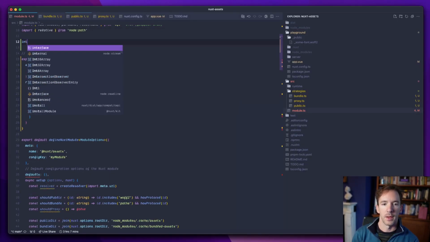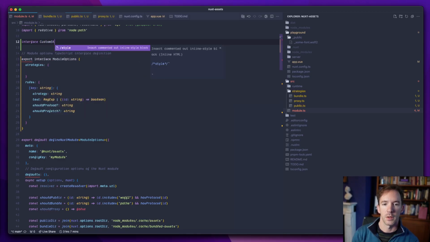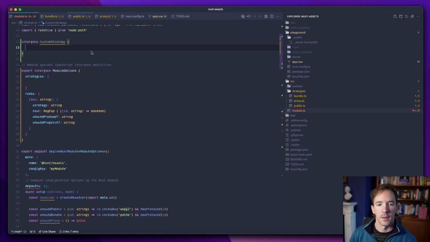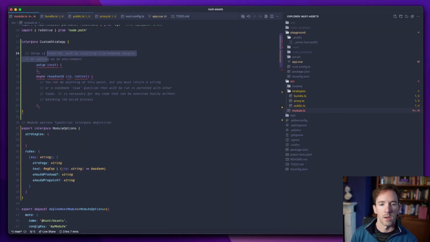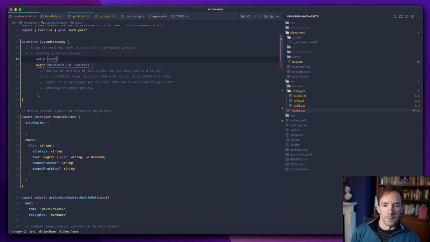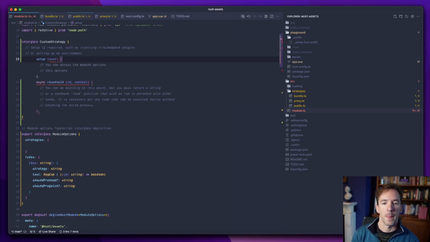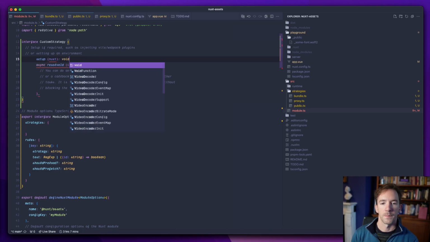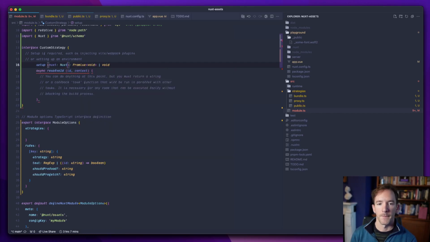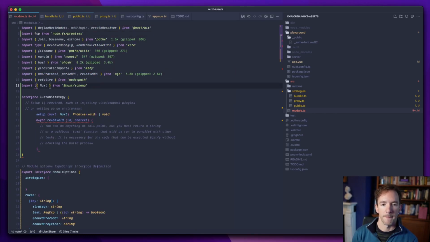So we would have custom strategy, which would have a setup and a resolve ID, which is going to be a string or